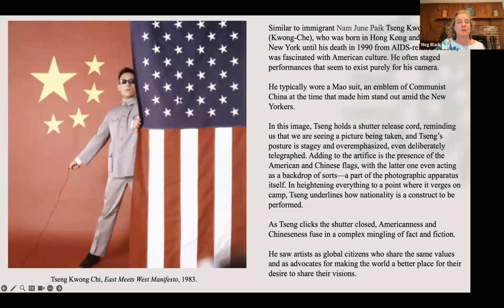And why is he wearing a Mao Zedong suit? Because in the 1970s, when he was living in New York, very impoverished, he was taking these wonderful photographs of himself in front of all these iconic New York City buildings, the Empire State Building, etc. His parents come to visit from Toronto. They live in Canada, and they're going to take him and his sister out to dinner at Windows on the World, the restaurant at the top of the World Trade Center.